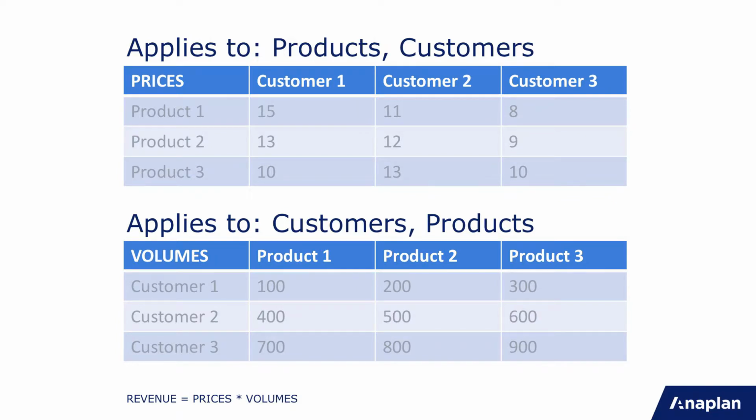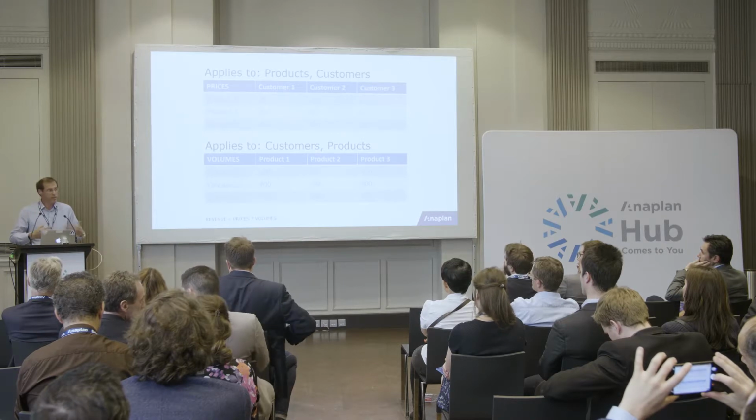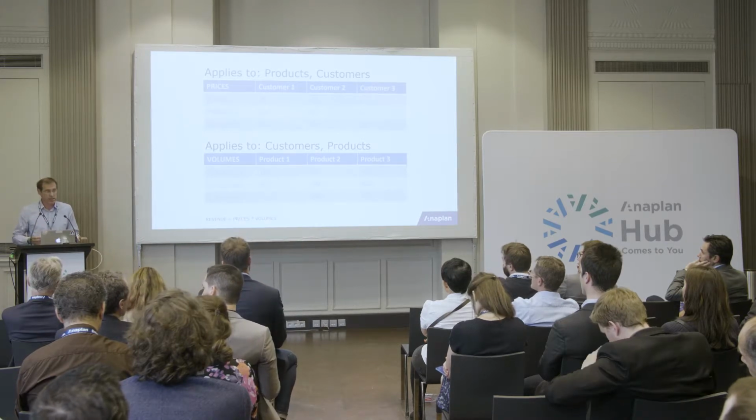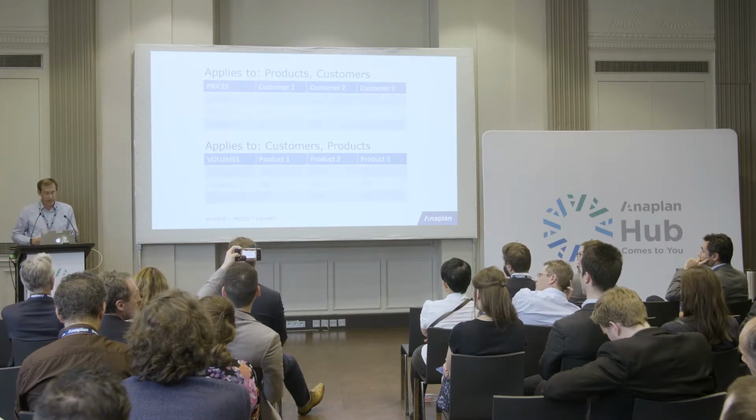Before we do that, let me just tell you a little bit briefly about how the calculation engine and computers generally work in terms of multidimensional calculations. We've got an example here, a very simple one, of two modules dimensioned with products and customers. A very simple way of doing price times volume equals sales. It's a very simple example, but the principle is the same. The first module has products as its first dimension and customers as the second dimension. The second module has it the other way around. It has customers first and products second. So grid-wise, structure-wise, they're exactly the same. Data points are the same, but dimensionally they're slightly different. And obviously we have a third one which multiplies one by the other.